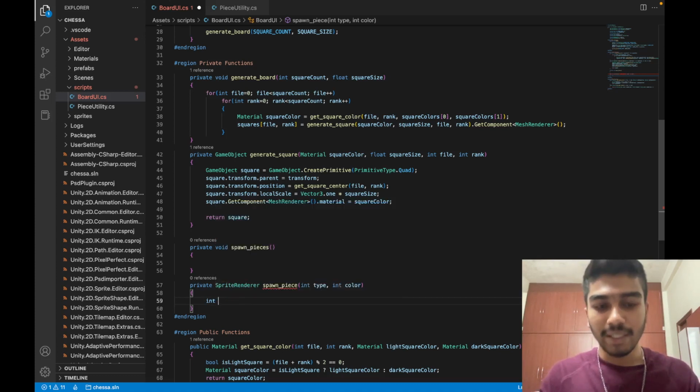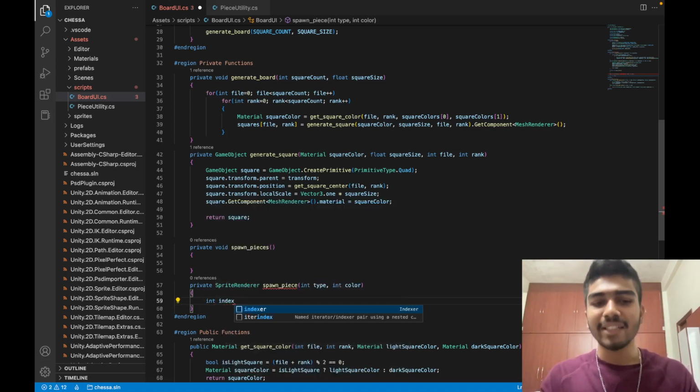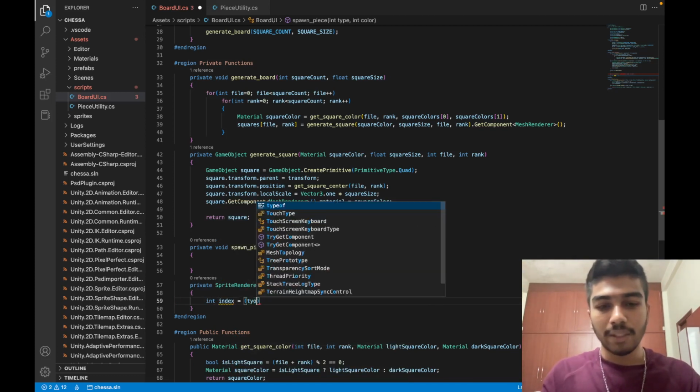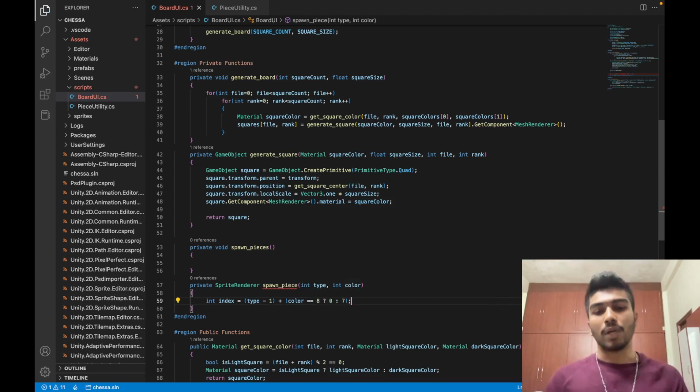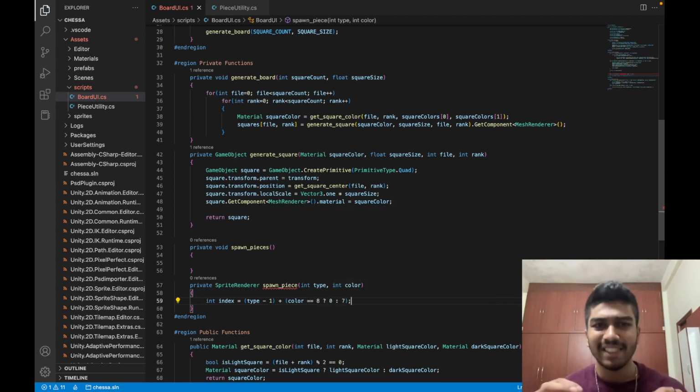So this is going to be int type int. I'm going to call it index because it is the index of the piece, and this is going to be type - 1 plus color equal to 8, 0 or 7. Okay, so for this to make sense,